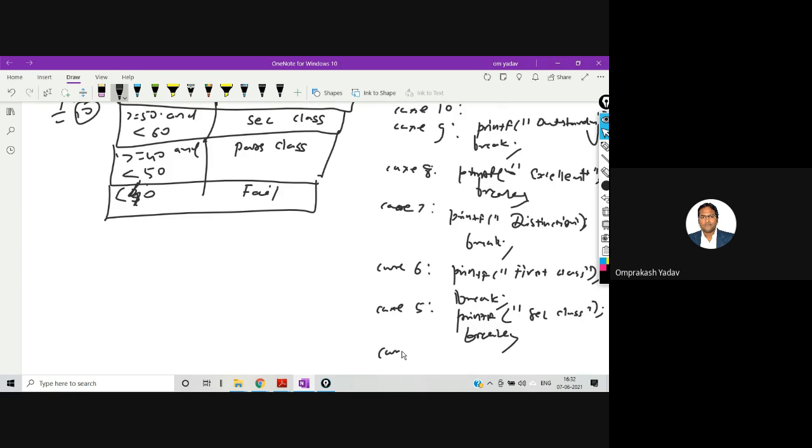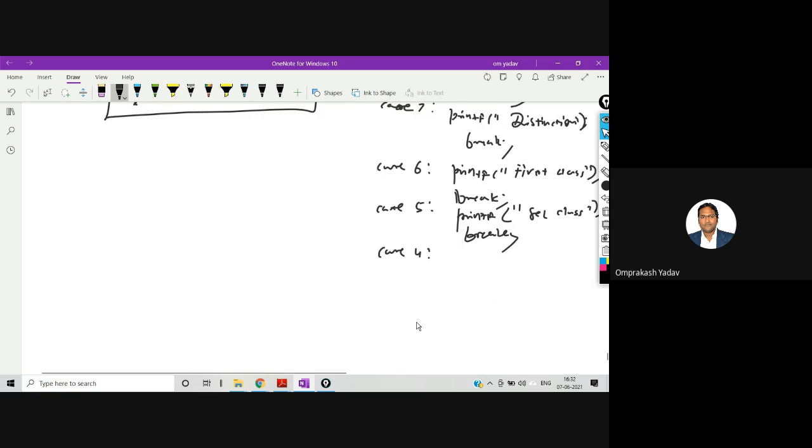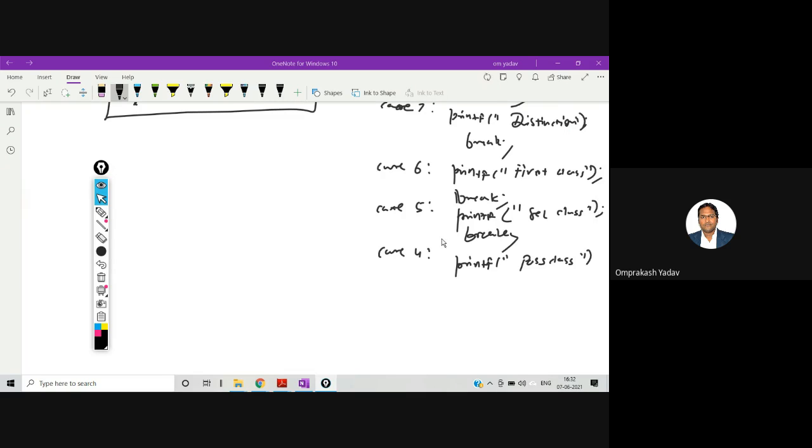Then case 4. So 4 is nothing but 40 to 50. I can say printf first class, break.